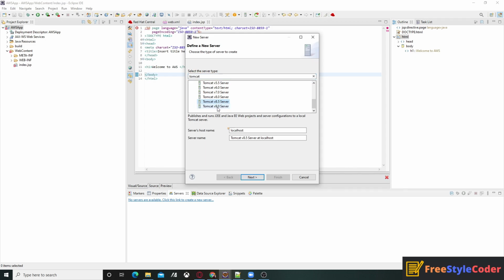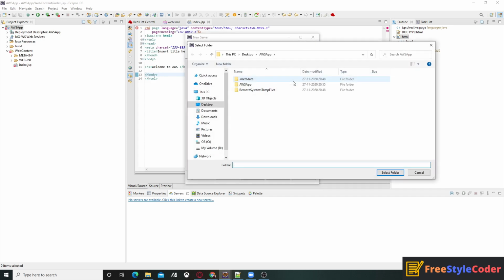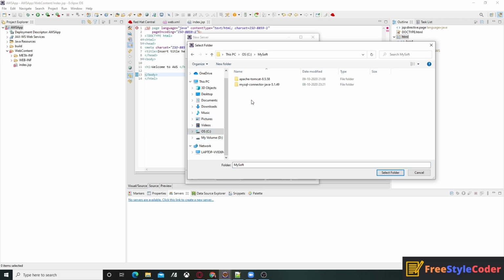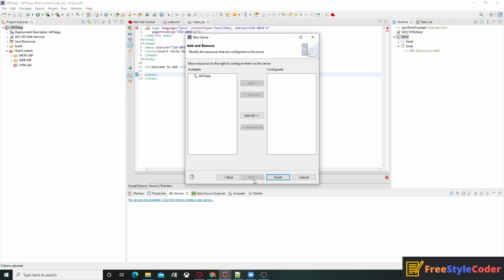If you have a Tomcat 9, then you can select this. Next, then you have to select the path of your server Tomcat directory where you extract or install that Tomcat. So then click on the next button, click on your app, add, and then finish it.